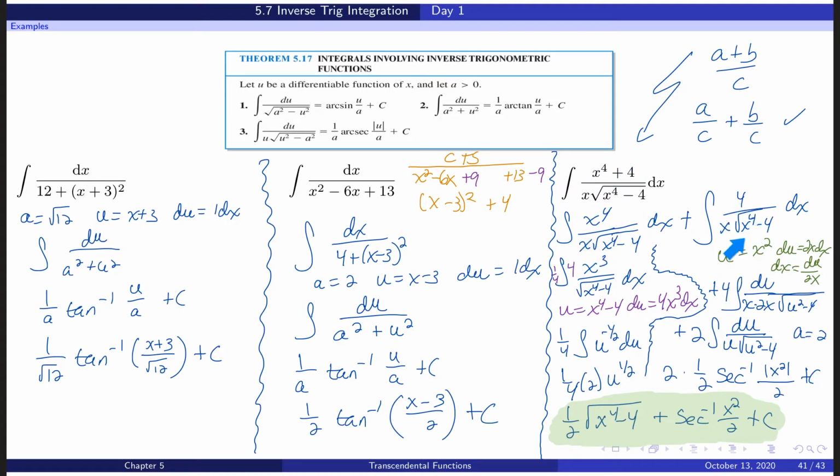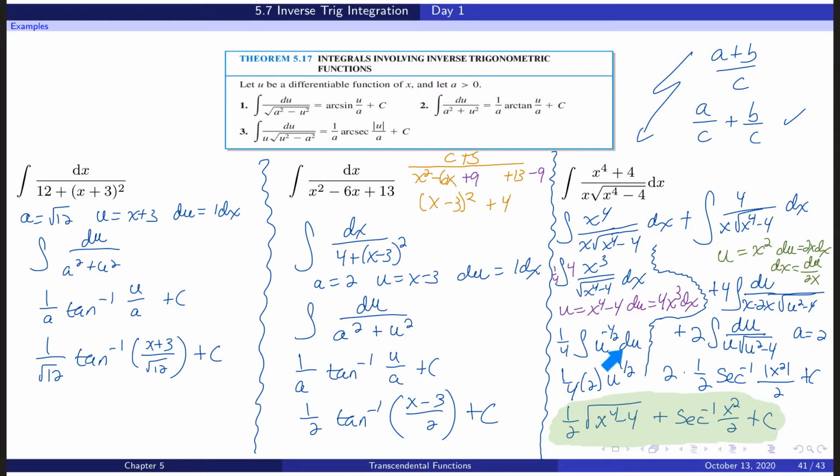That way I can do two different u substitutions on these two different antiderivatives. If I look at the first one, x cubed is 1 degree smaller than x to the fourth, so a good u to use would be x to the fourth minus 4, which du is 4x cubed. I don't have a 4, so I'll throw a 4 in there and offset it with a 1/4, and now